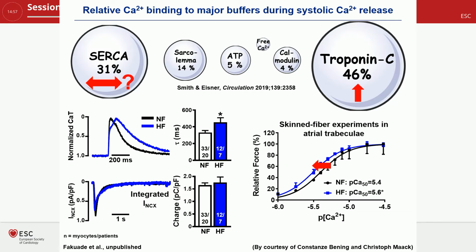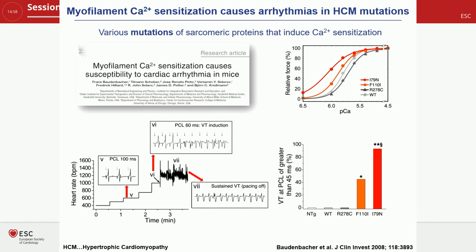By the way, this is a similar technique in which Jolanda van der Velde is an expert, and she introduced that already yesterday. So this suggests that a higher affinity of the contractile proteins may contribute to the buffering in the atrial myocytes. Can a high buffering contribute to arrhythmias? This question was